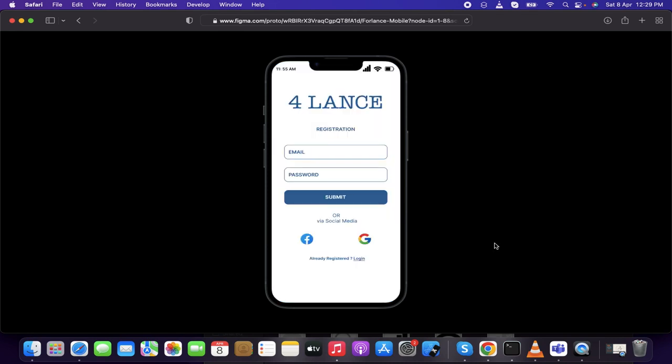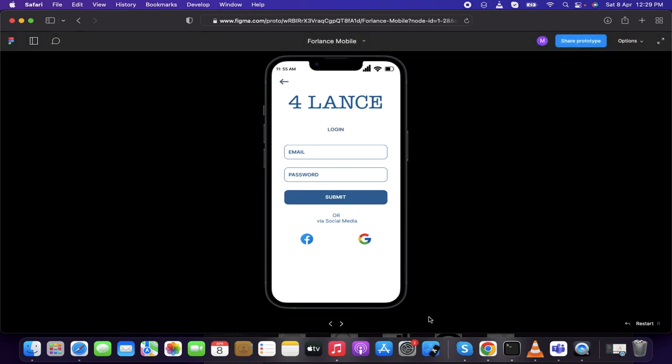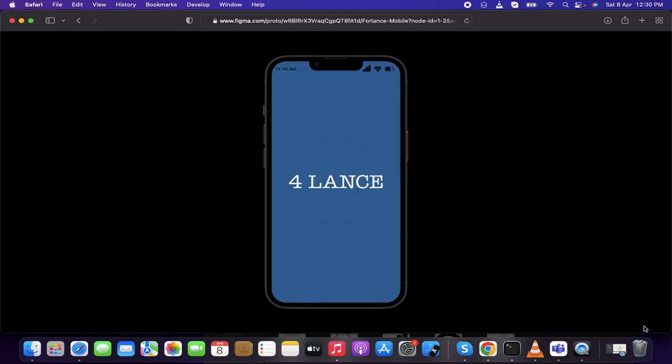In this video I'm going to show you how we can make mobile design by using Figma, and also how we can do the prototypes design, and how we can import the assets, all these things into this wireframe. So simply what I have here is a launch screen, as you see